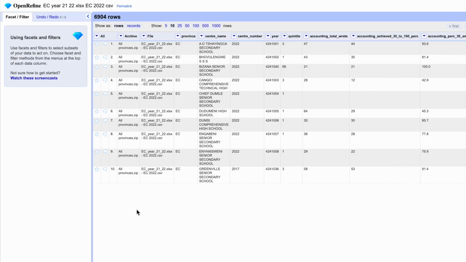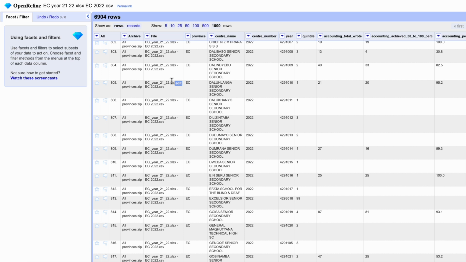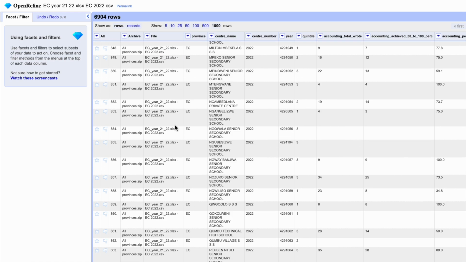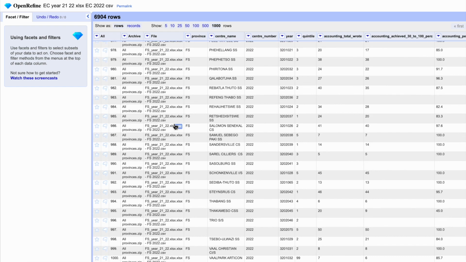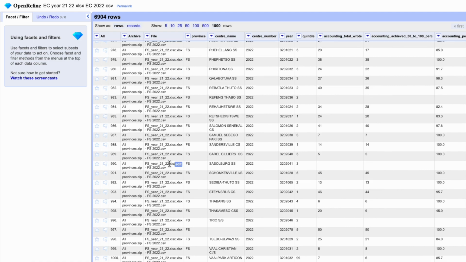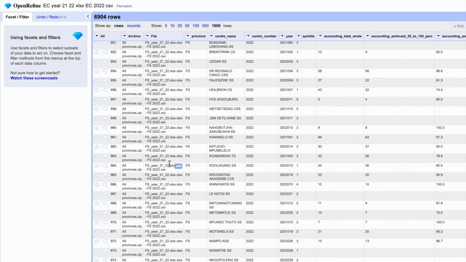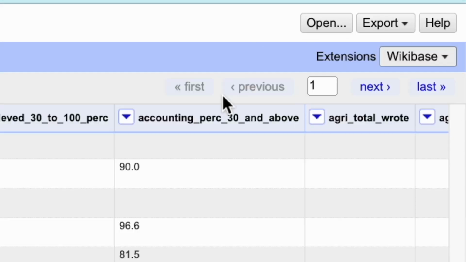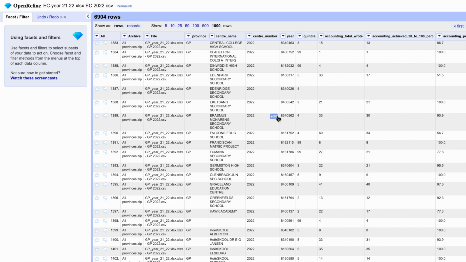So at first, OpenRefine only shows you about 10 rows, but you can change this. Let's select 1000 rows. If we scroll down far enough, we'll be able to see that the merging of our files did work, and we can see that under the file column and under the province column, because we'll have more than one type of file and more than one type of province. We've already got the Eastern Cape and the Free State here. And if we go to the next page, you do that in the top right-hand corner, we'll be able to see lots of other provinces like